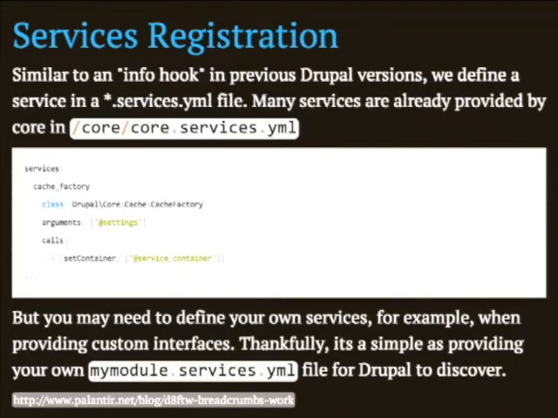So here we are, registering services. This is core.services.yml. I think there's about 12 services in here, and you might think of services in some ways like an info hook, but rather than having to call another hook, we have discovery methods that get called to look for services.yml files and provide these services for the modules that we're creating. So, an awesome blog about this whole topic, converting the breadcrumbs into a proper